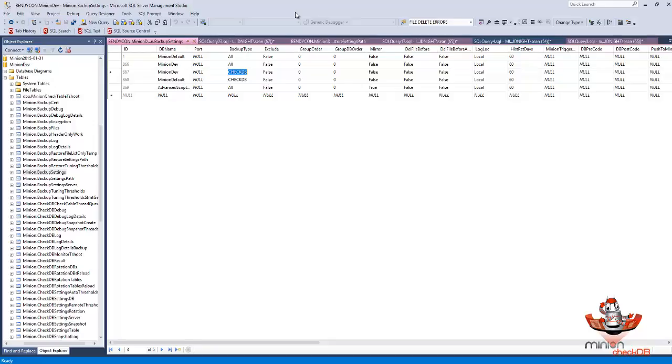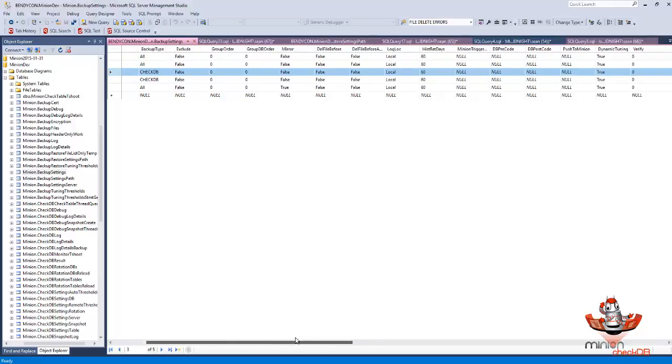Your settings can get destroyed, and then when it comes back up, everything isn't right, and you've got to figure out what your settings were and all that. We didn't want that, right? So what we're doing here is we've given you a backup type of CheckDB, and really the only thing that's